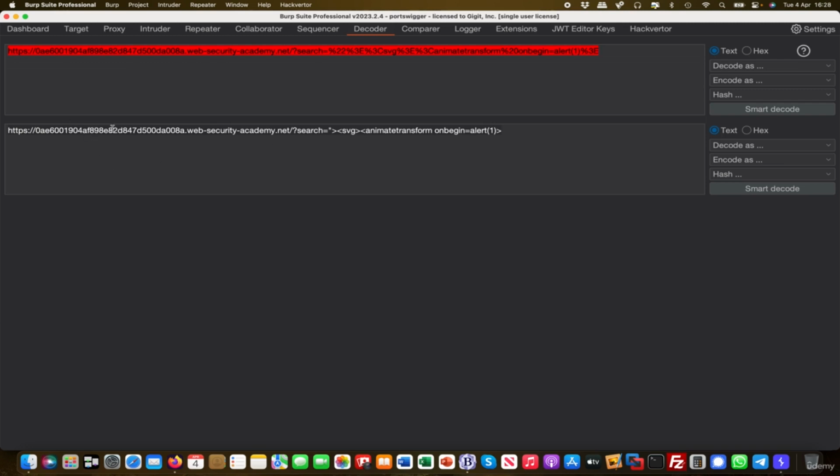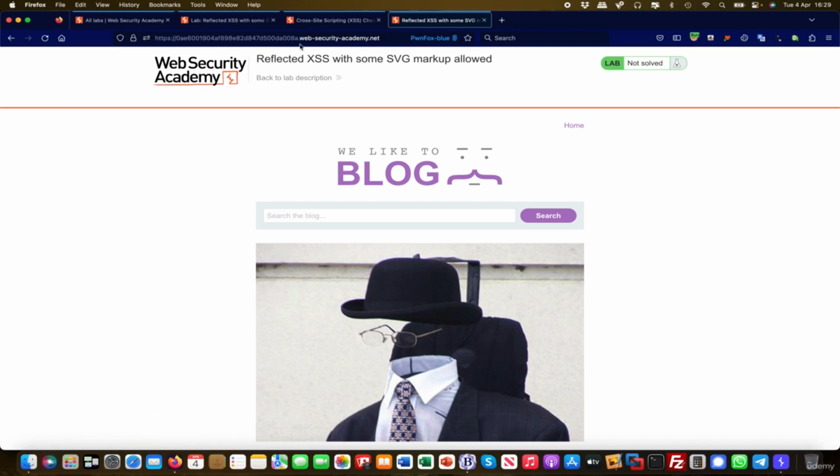So basically my URL and then the search. What I'm doing in the search is, first of all, I'm closing any existing tag out with the double quotes and the closing bracket. Then I introduce my SVG tag, and within that I say animate transform onbegin equals alert(1). So fire me an alert effectively, right? So I'm taking this URL and I'm going to copy it out and come over here, put it in there,